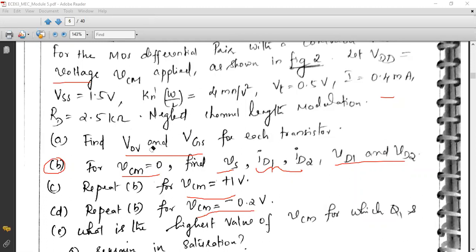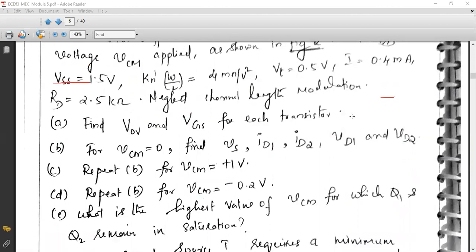Then part E, what is the highest value of VCM? That means we need to find VCM max. Highest value of VCM means we are going to find VCM max so that both the transistors operate